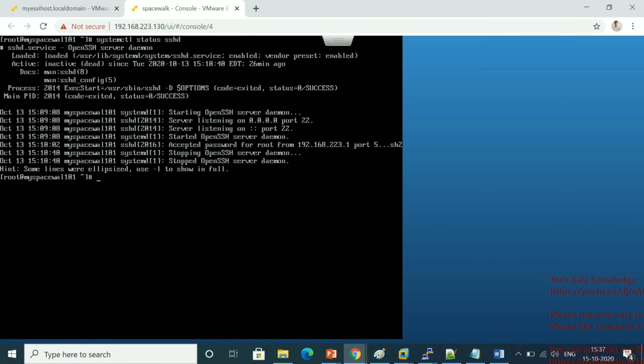This is a 7, so I'm going to use systemctl status and then the sshd service name. When I run this command, you can see the active status is inactive. It means dead, so the sshd service is not running.